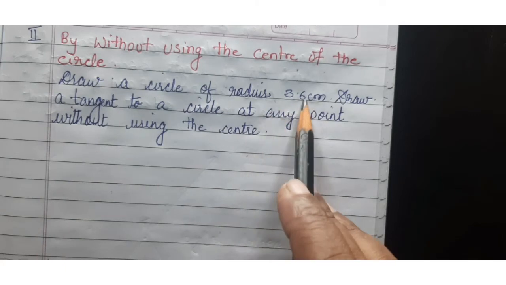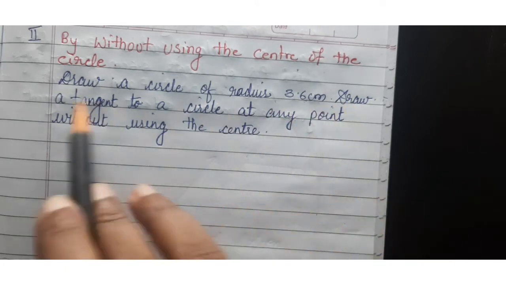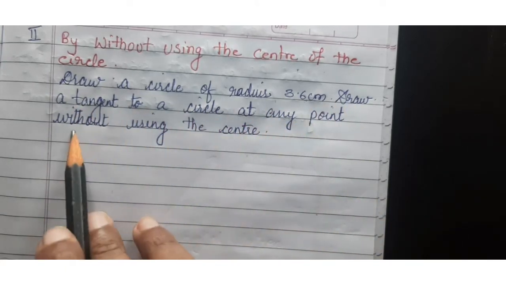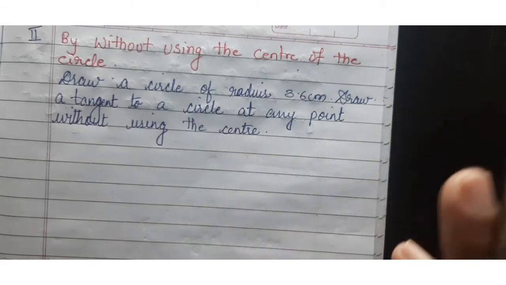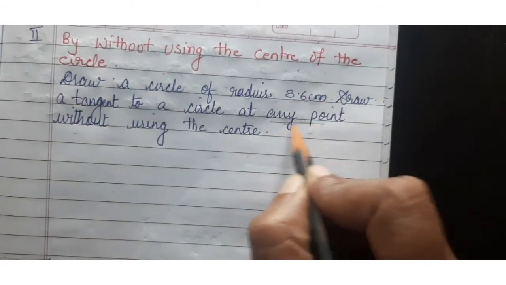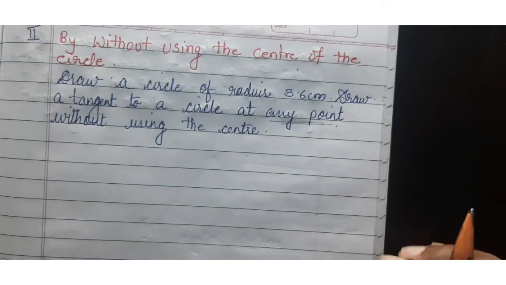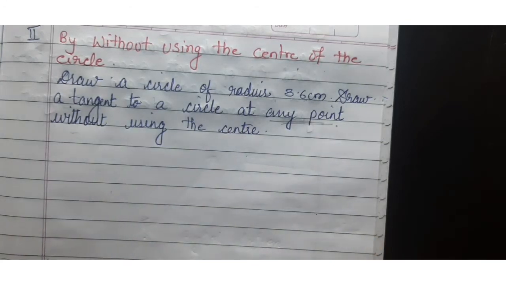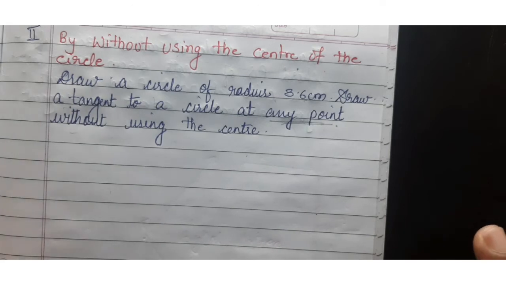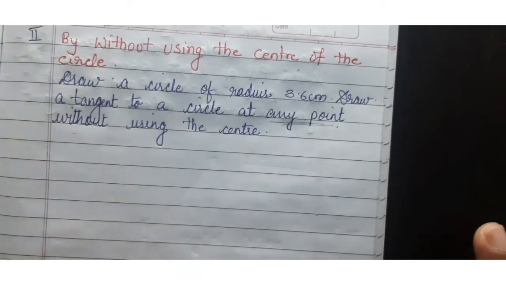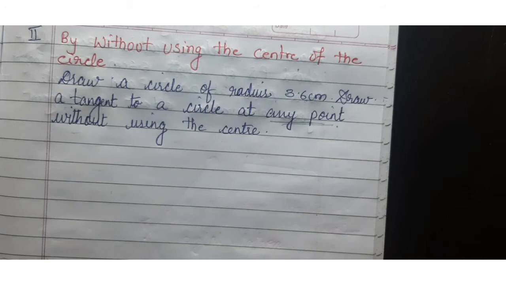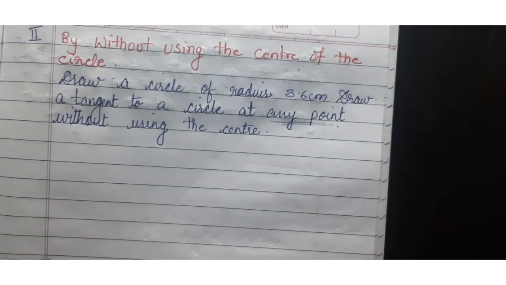Draw a circle of radius 3.6 centimeter. Draw the tangent to the circle at any point without using the center. Now in this case, what is generally given is the length of the chord, but here the length of the chord is not given to us, so we have to consider any chord in the given circle. So very first thing that you have to do is,